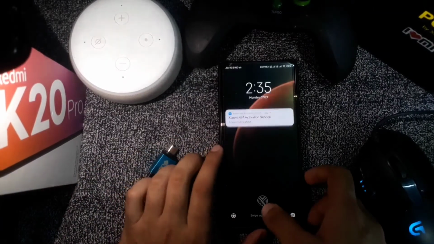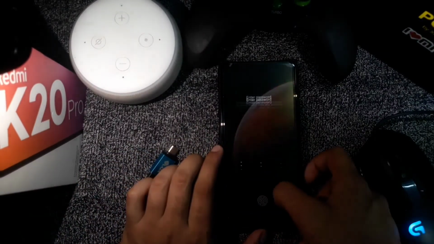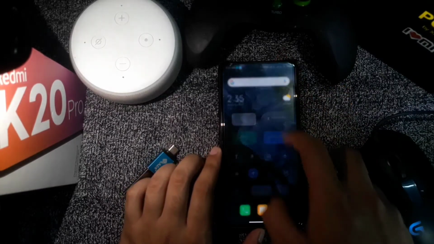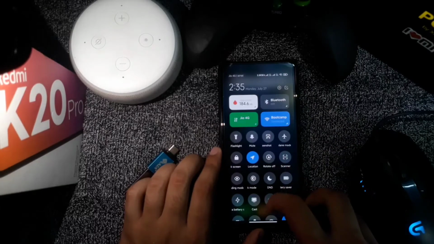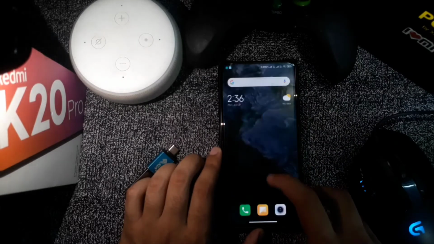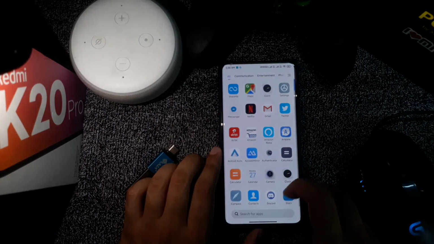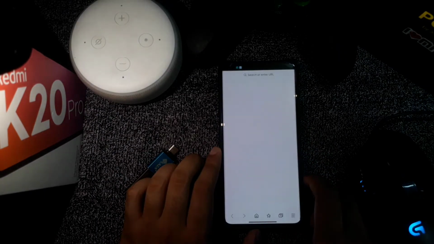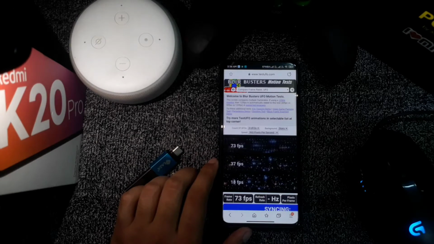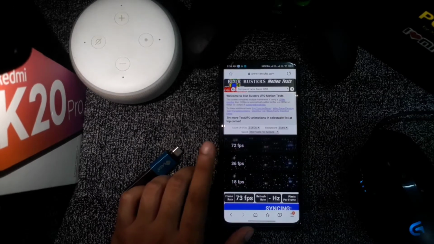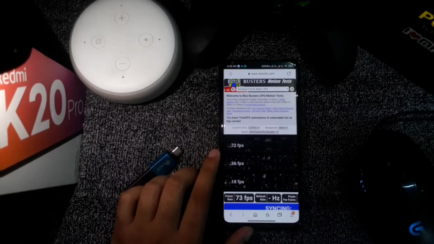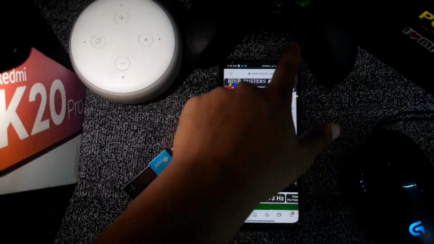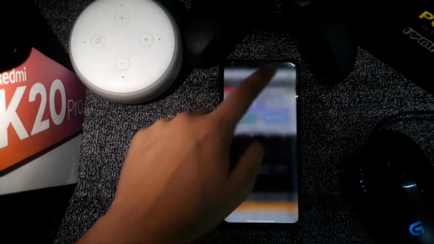So finally our phone has turned on after 2 minutes. Now let's see whether our display has overclocked or not. Yeah, I guess it's overclocked because the animation seems so much smoother than before. I used a Poco X2 and the scrolling speed seems like that. So whatever, let's test it on UFO test. You can see that we are getting 72 FPS as the maximum. So I am successful in overclocking my display on MortalOS with the Immensity kernel.